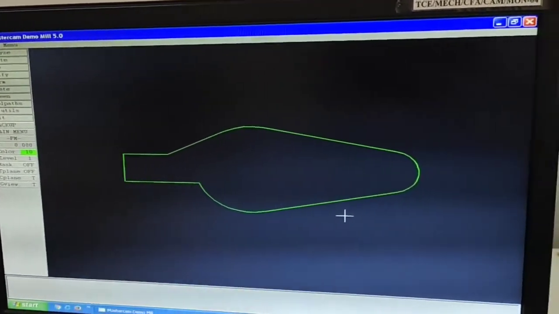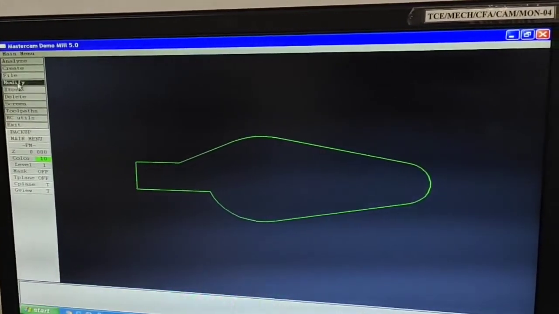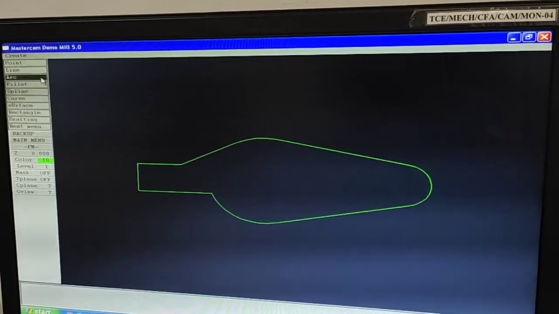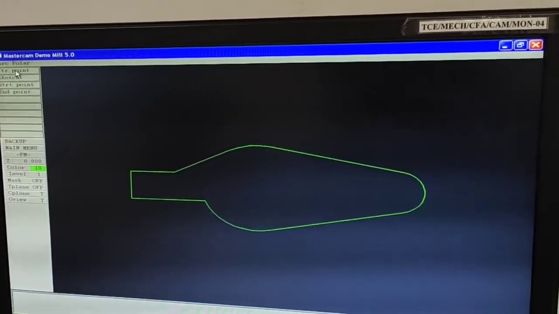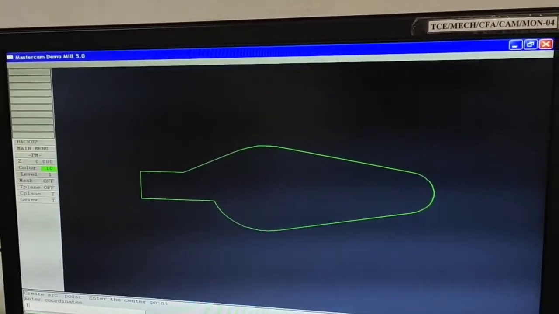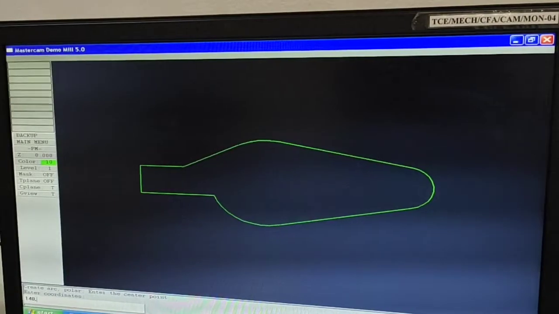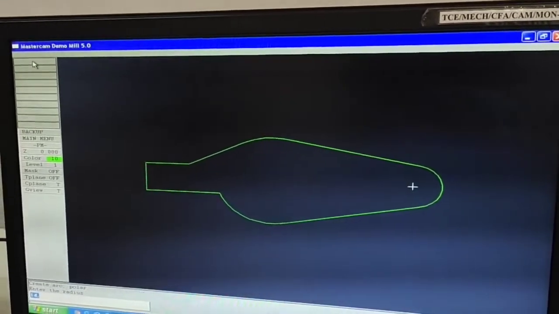The next one is a circle. Main menu, create, arc, polar, center point, values. So 140, 30. What is the radius?